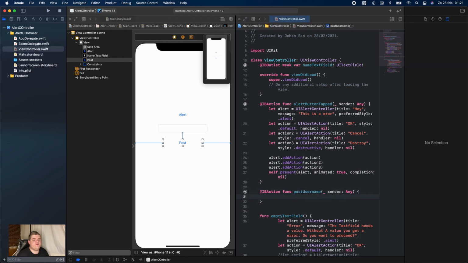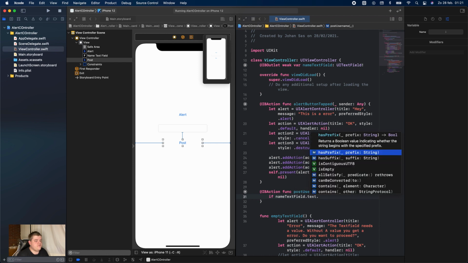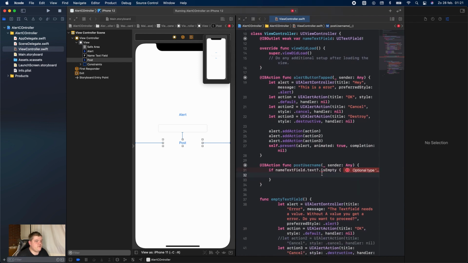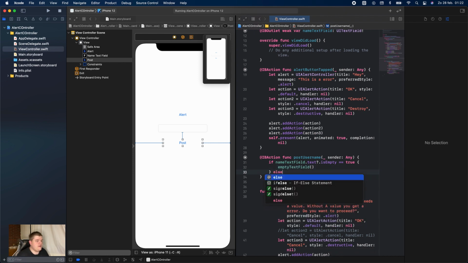Okay, so inside here we're actually going to use a little bit of if else, right? So if, that's going to be if nameTextField.text.isEmpty. If I'm not mistaken, this is how it works. Yes. Oh, wait a second. Delete, isEmpty is equal to true. And then in here we're gonna call the emptyTextField. So emptyTextField. Else